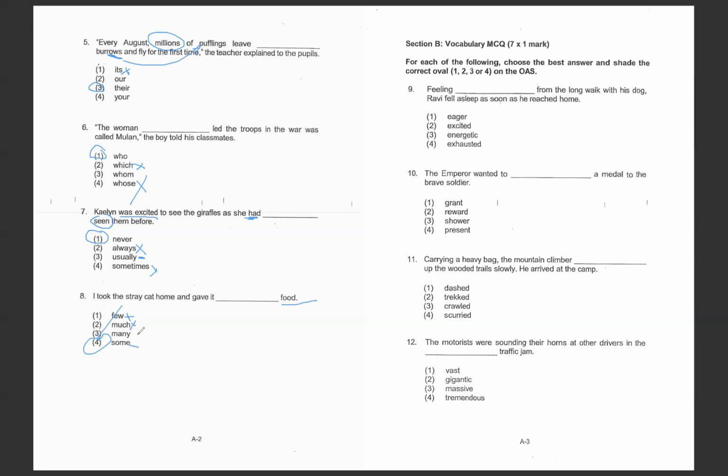And then for "many", it's countable. So there are so many people here, so many cats here. "Few" is also countable, but you're describing something that is very little. So you say there are few people here. There are few enemies in our enemy ground. Something like that. Okay, then we move to question 9 now. Question 9, the answer